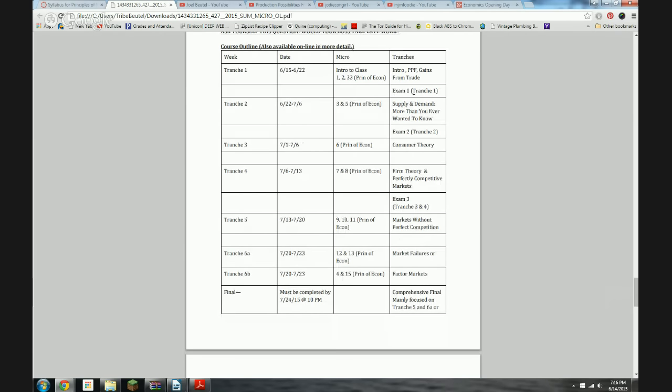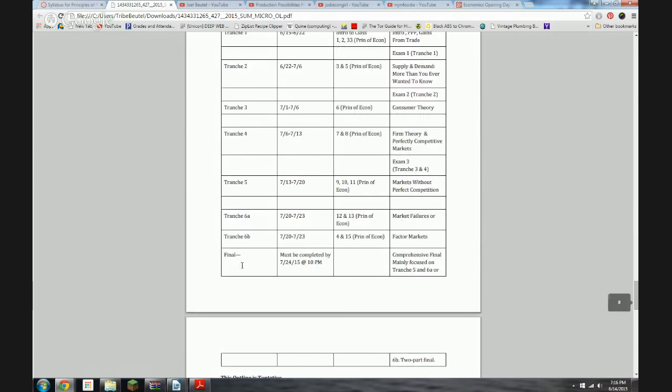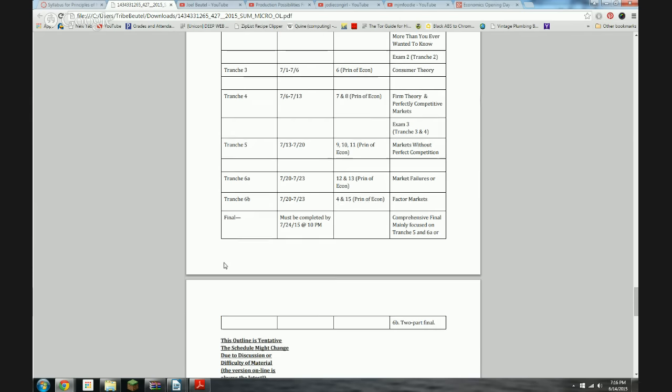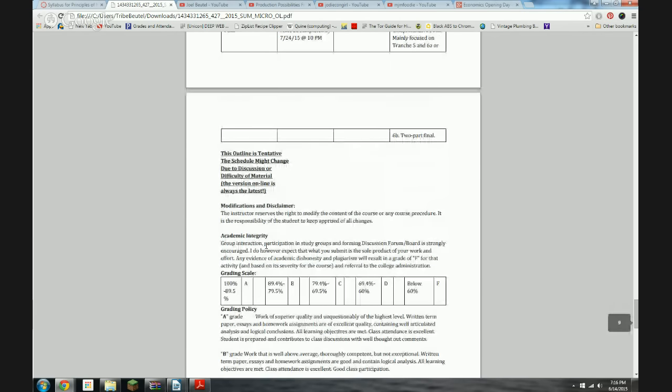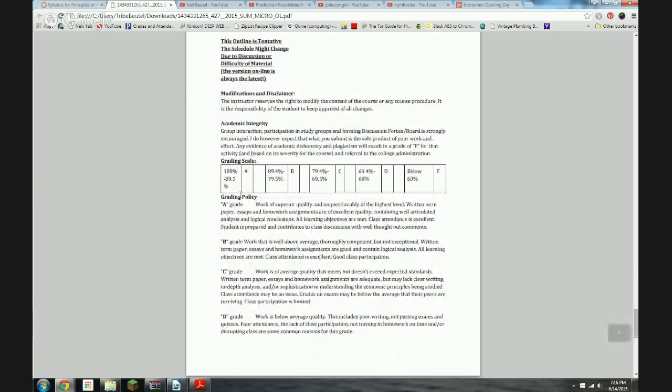That's fine by me. The exams are not cumulative until we hit the final. The final will be comprehensive, but it's going to be mainly 80% of it focused on what's come since the 3rd exam, so it won't be too oppressive. You'll have a few days to complete the last exam, but there will be a little bit of time crunch. I probably won't post it till a Monday, and it'll be due Friday. So if you know you have a work schedule where it's hard to get an exam done during the week, definitely that week you're going to want to make sure you have some time off to do the exam or set some time aside.